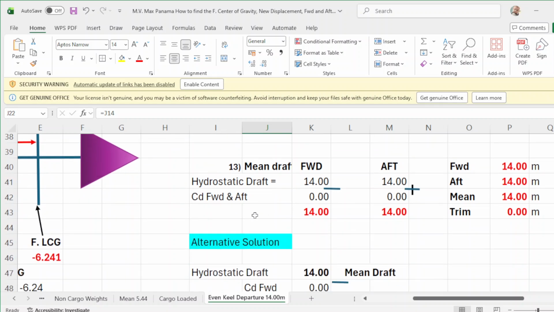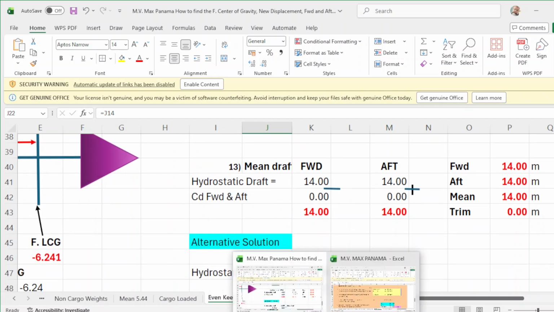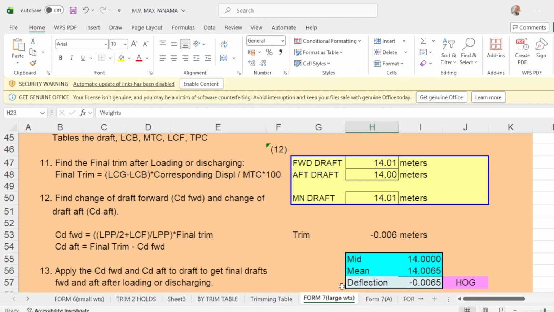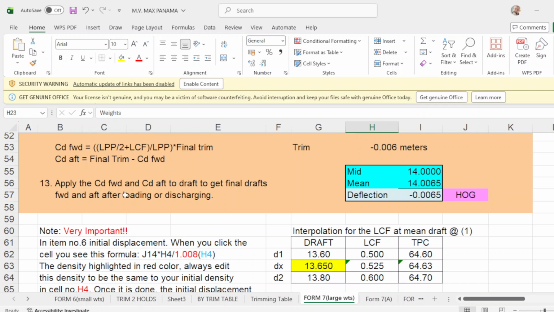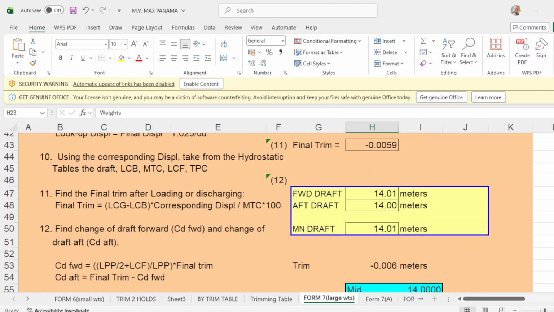Then 13. It says apply the change of drop forward and up to drop to get the final drops forward and up after loading or discharging. So number 13, this will be your final.